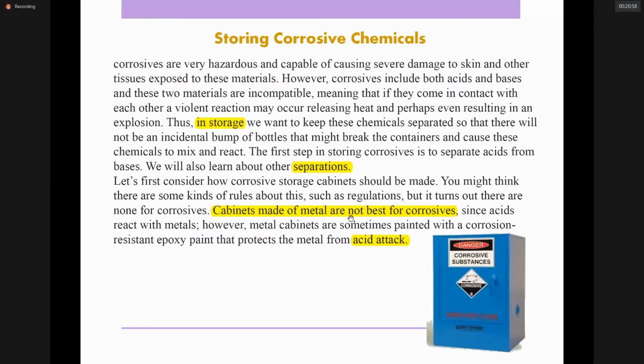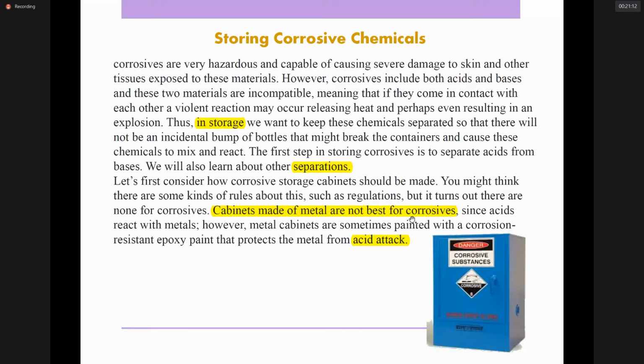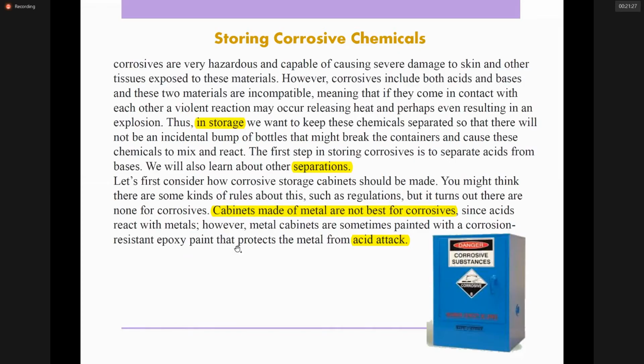Let's see together the cabinet for corrosive chemicals. What should it be made of? Cabinets made of metal are not best for corrosive chemicals. Why? Because acids react with metals. However, metal cabinets are sometimes painted with a corrosion-resistant paint to protect the metal from the acid attack, but it is still not the best choice when we are storing corrosive